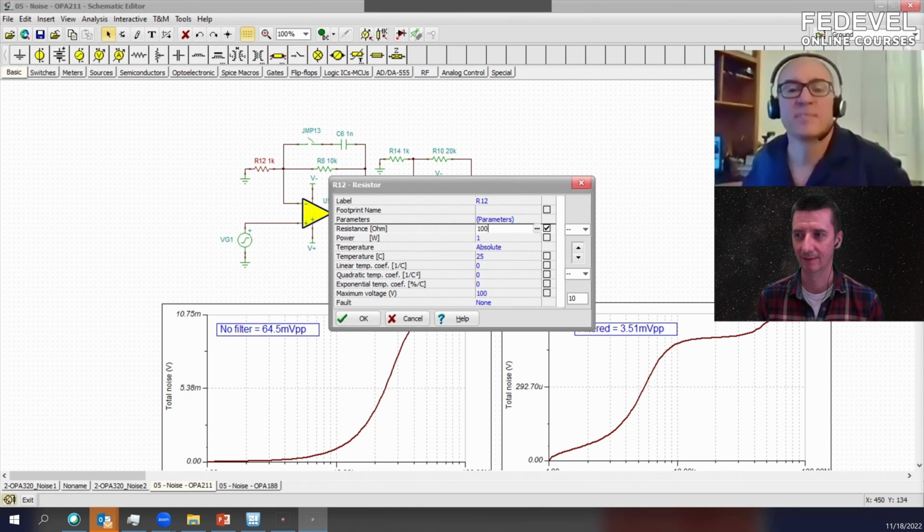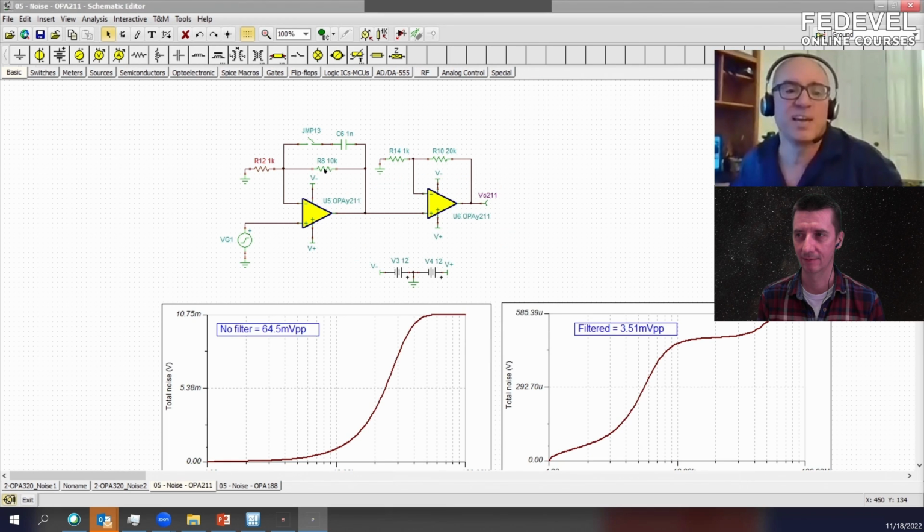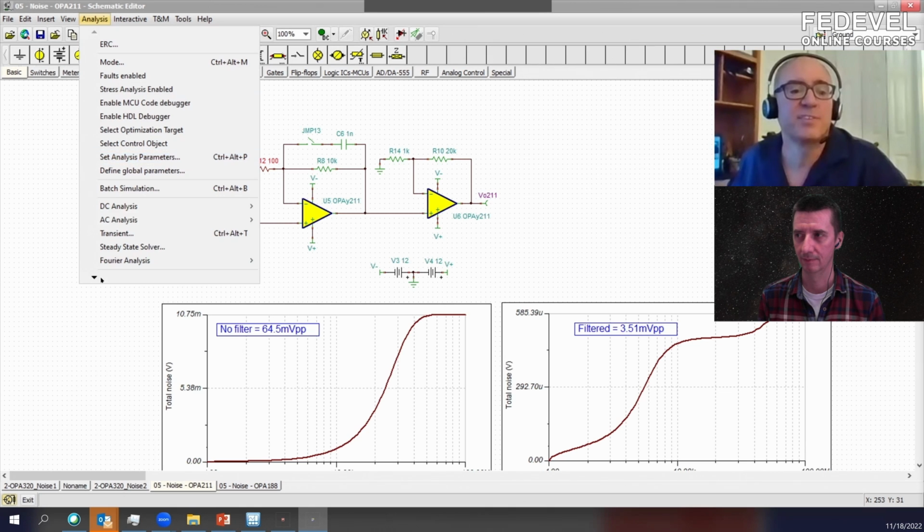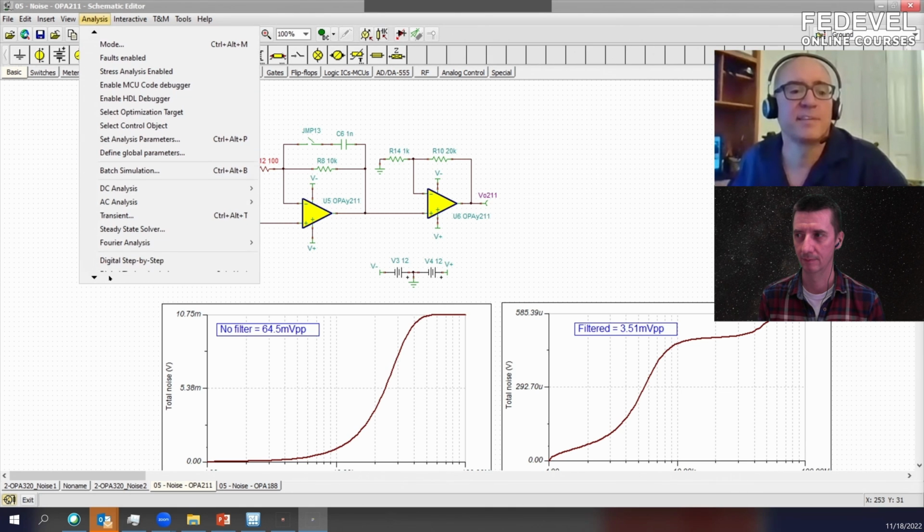Okay. And now the gain of this circuit is set by the ratio of R8 to R12 plus 1. It's a non-inverting amplifier. And so by doing this, I will get a little bit less noise. So if I do the noise analysis again,